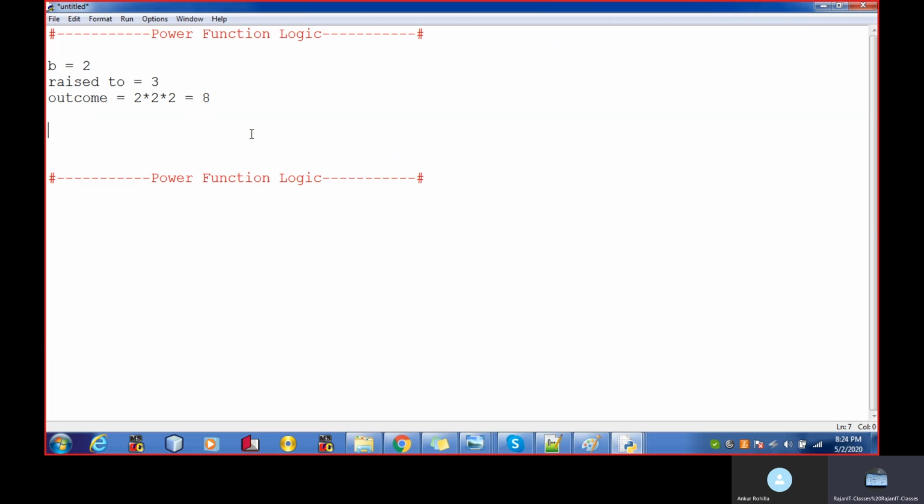Okay, so let's build up the logic in Python. We'll consider we have, let's say, two numbers. One is considered as the base, another is considered as the raised to, let's say, 3. We are looking for 8. So looking for 8, we need to multiply this number how many times? 3 times. So to have 8, we will multiply